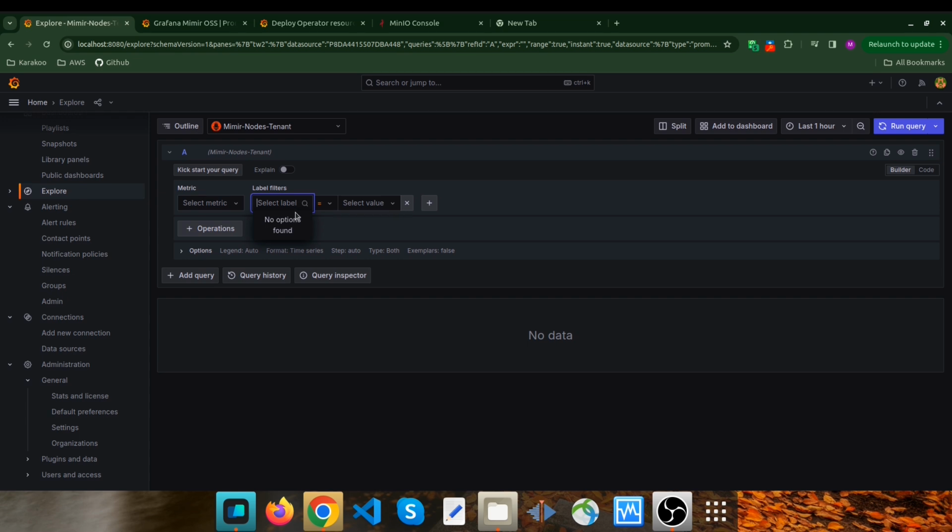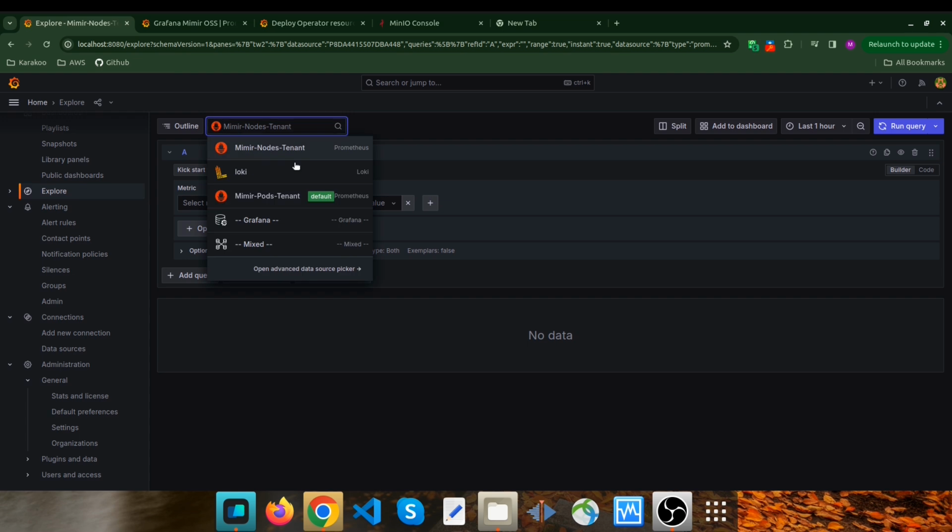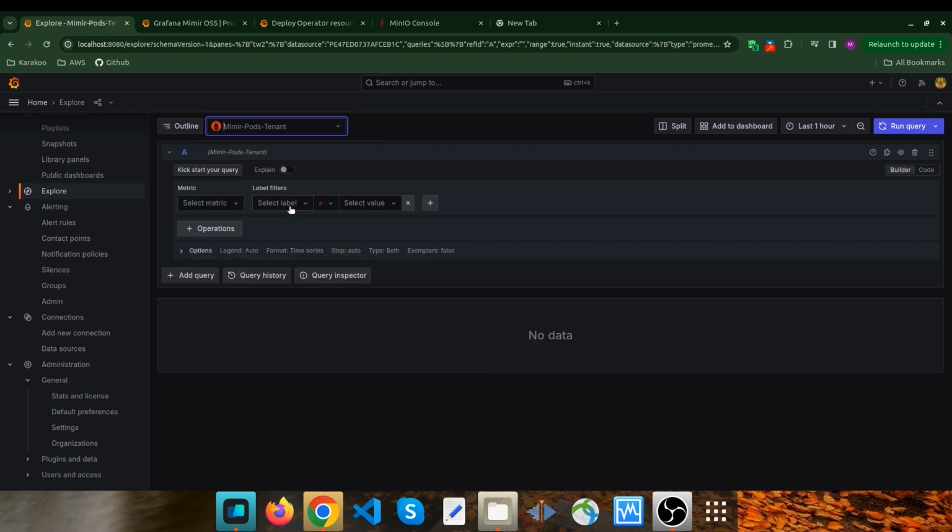It means that there are no samples and metrics within this data source, Mimir nodes-tenant. But when I click on Mimir pods-tenant, and when I click on select label, you can see many different labels here. It means that the metrics of our Kubernetes pods have been stored in pods-tenant, and this data source includes the metrics of pods-tenant. Okay, for example, I can click on a namespace, and these are all available namespaces within